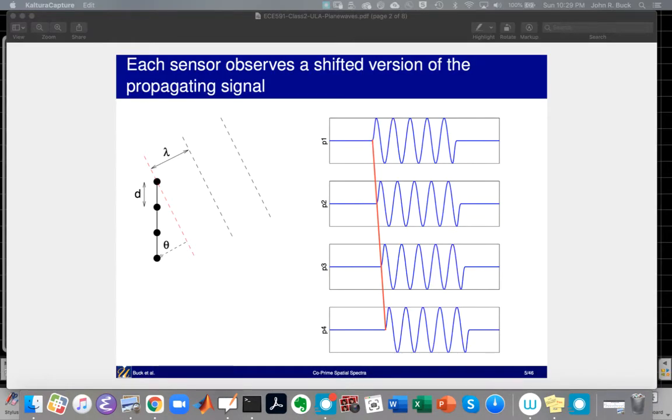The key to doing that is something we've already talked about a little bit last week, when we first talked about plane waves coming across uniform line arrays. If I have my wavefront coming in like this from a direction that is not broadside, I'll see some small delay as the pulse goes from sensor to sensor to sensor. And we said one way, if we wanted to look for energy coming from that direction, we could take our measured signals and introduce time shifts to undo those delays for that given direction, what we'll call the look direction or the steering direction, so that any energy coming from that direction